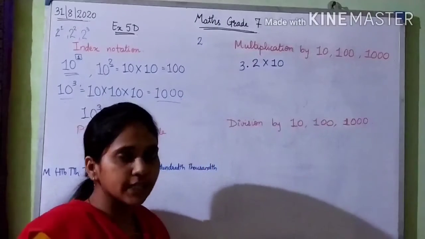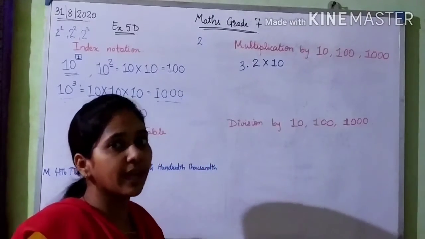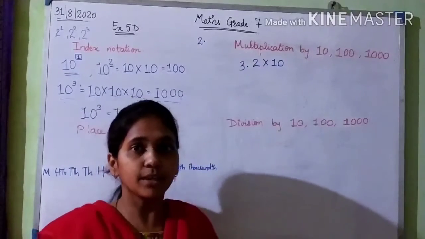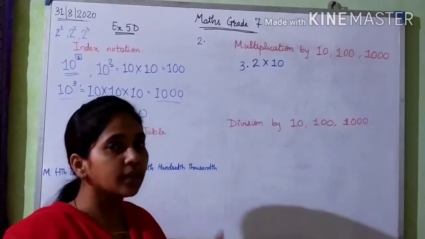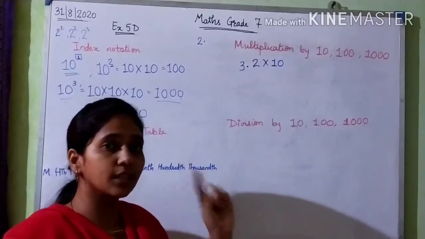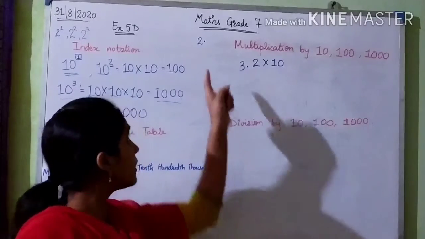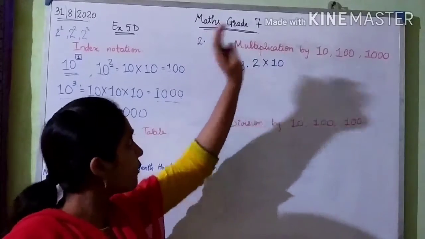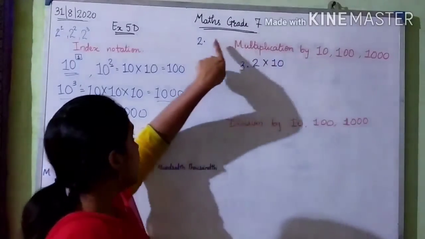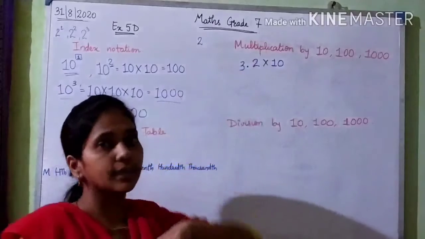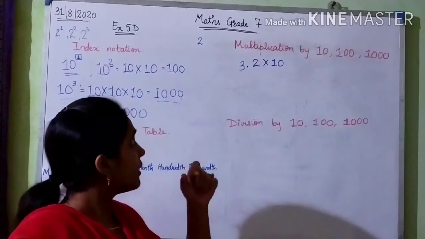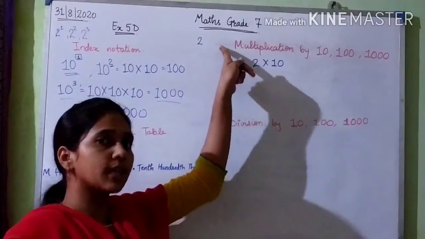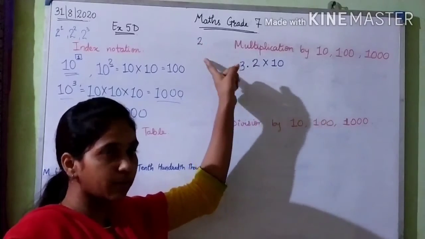So if there is no decimal point in a number, where is it? It is at the end, right? If the number does not have a decimal point, it still has one, but it is at the end. And because it is at the end, there is no number after the decimal point. That is why we do not write the decimal point. So if a number does not show a decimal point, the decimal point is at its extreme end.